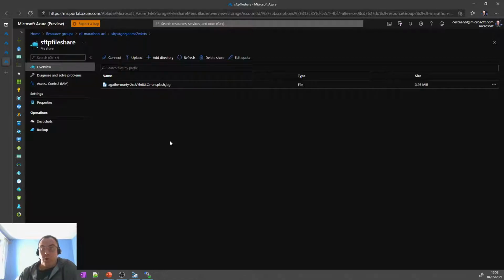Another very cool thing to do, we sadly do not have the time today to go into that kind of extensive demos, but something you could do, for example, is have a PowerShell function that, when triggered over HTTP, for example as an API, would in turn spin up an Azure Container Instance that does a certain job. So for example, you could automate this FTP or SFTP thing, where you might have a customer-facing portal